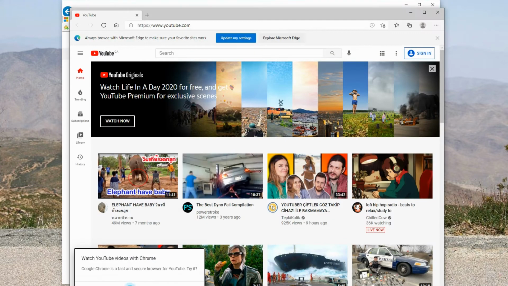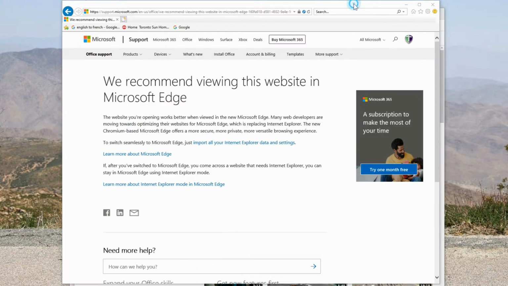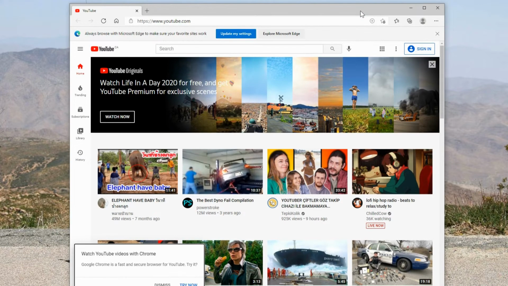And of course, when you go to Edge, by default, you don't have the bookmarks that you had in Internet Explorer. So you really do need to import everything. So let's have a look at doing that. I'm going to close out of Internet Explorer, and we're going to take on Edge as our new browser.